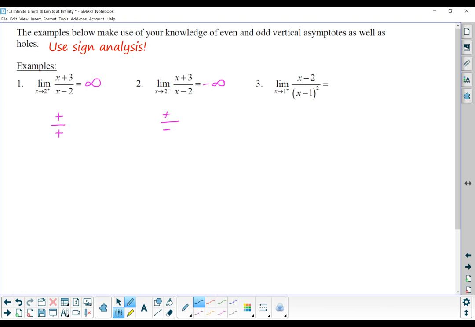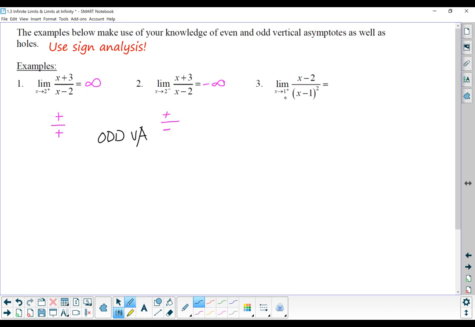So we looked at it from the right and from the left. For this function, this is an odd vertical asymptote. So it makes sense that we saw that one side is going to positive infinity and one side is going to negative infinity. So here's another function, x minus 2 over x minus 1 squared, and we want to take